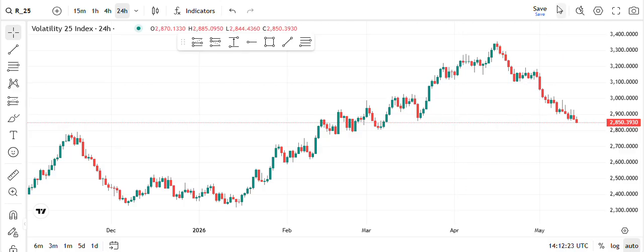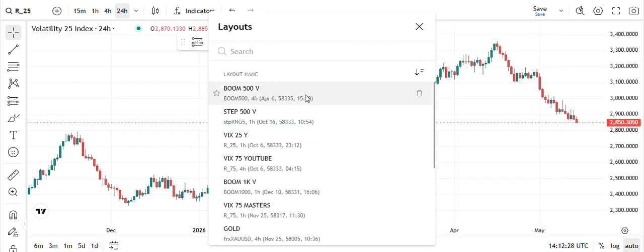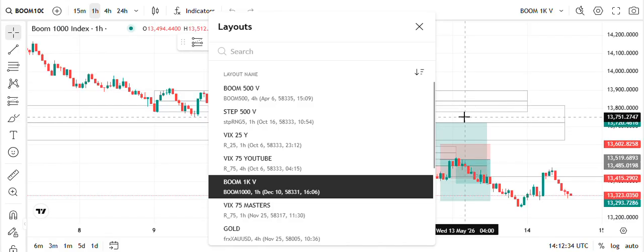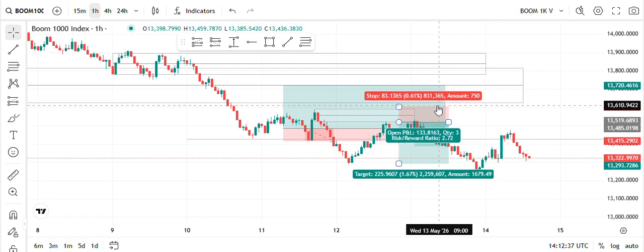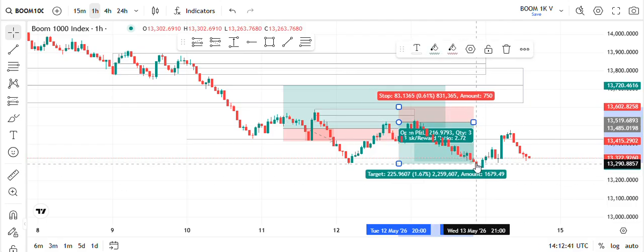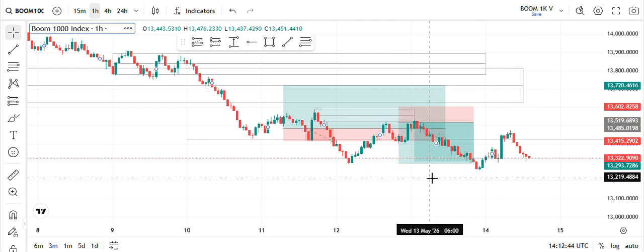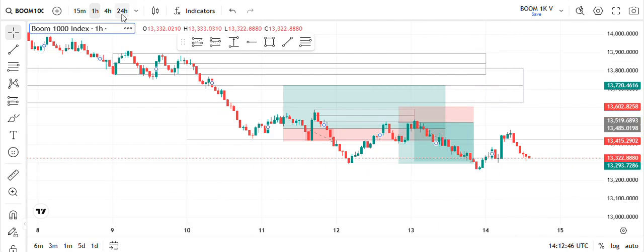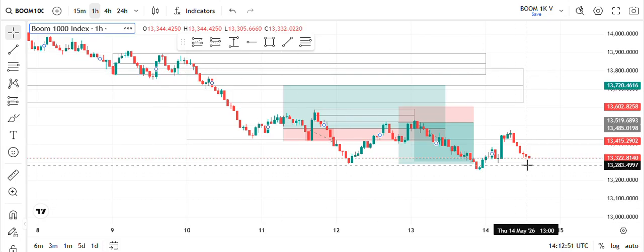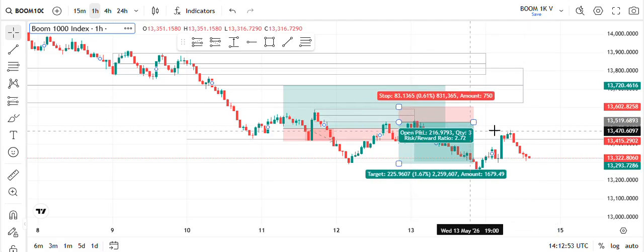Before we get into the new charts that we're going to be analyzing today, let's see what we have for the previous ones. We should start with Boom 1000. Nice. So Boom 1000 hits TP. That is not bad. We will probably look for another entry later. Well, yeah, this is a sell because of